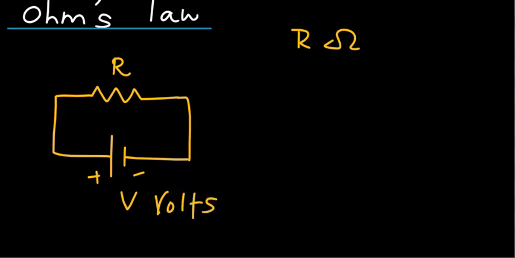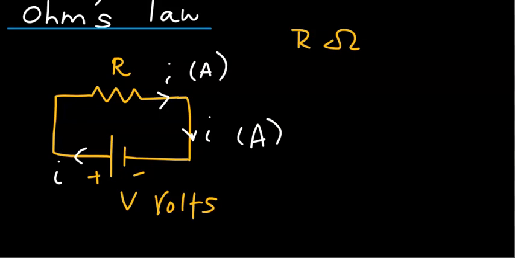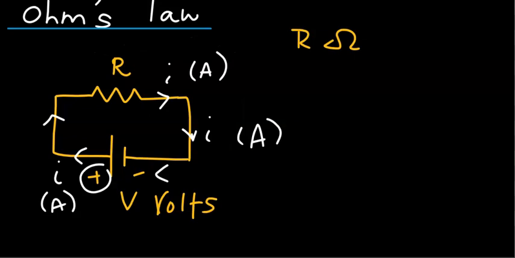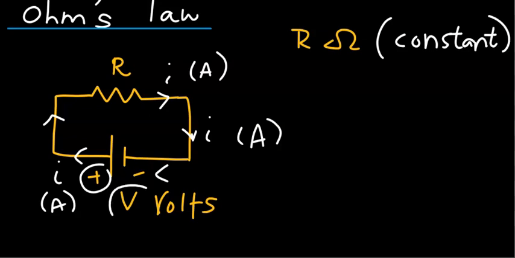Now since this circuit is complete, you will have flow of charge and therefore current going in the following manner. Let's assume the current is I. The unit for current is of course ampere. One thing to note is the direction of current is always from the positive terminal all the way to the negative terminal, as indicated by the arrow. We are going to assume that R, the resistance of this resistor, is a constant for various values of V